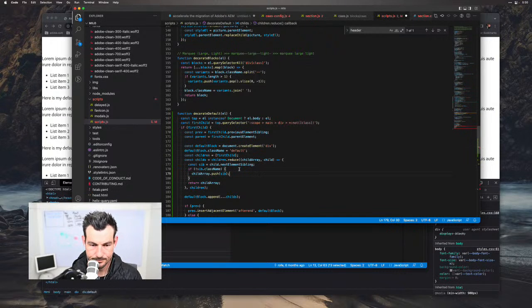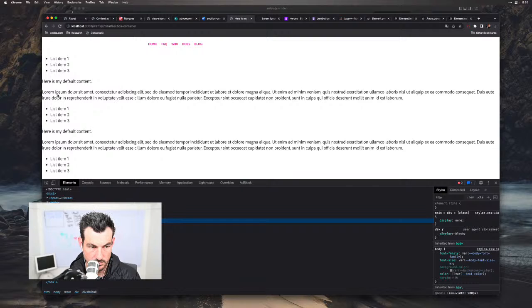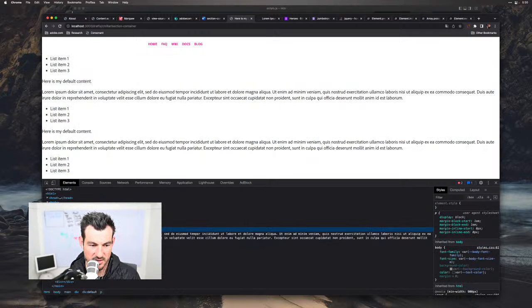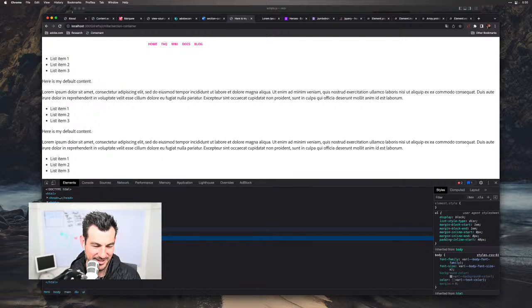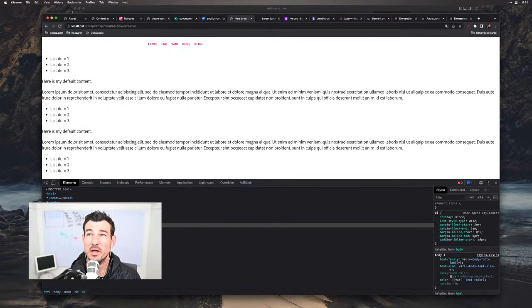Push it in. It only did the 1. We still got the UL. Why? So it only iterates. So it's almost like we have to have all of those, which kind of sucks. So how would we do that? The other way,